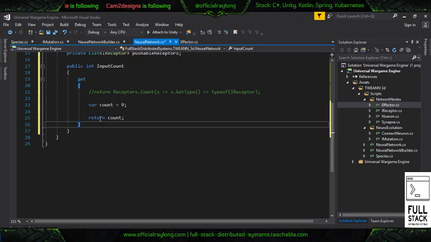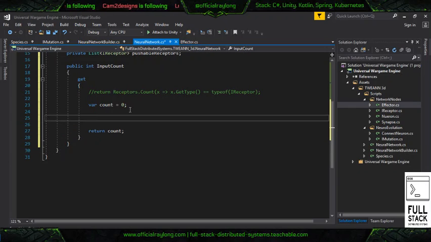I don't know why I'm messing around with this. I'm getting distracted. Sorry, ladies and gentlemen. Let's focus on the input count here. So what we want to do is make sure we count the receptors, right? So we'll do for each var r in receptors,